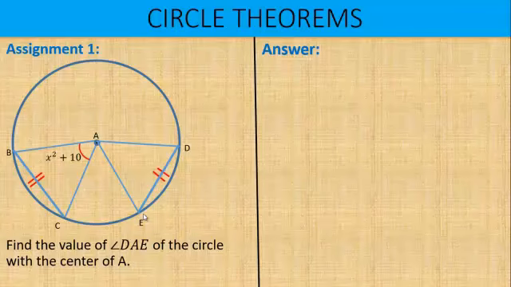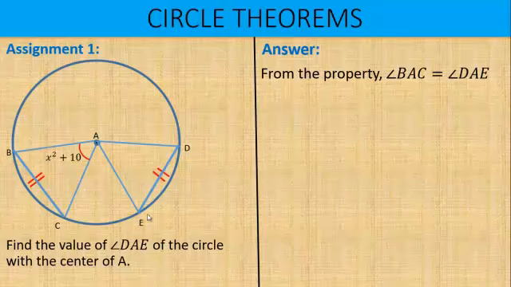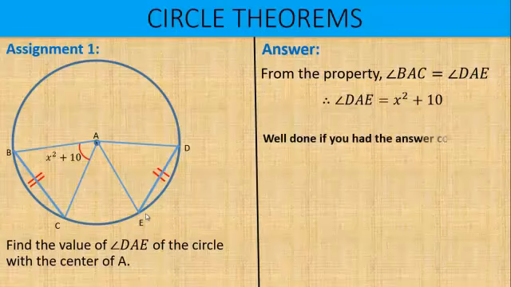Answer. From the property, we know that angle BAC is the same as DAE. So if angle BAC is x squared plus 10, then probably the other angle, which is DAE, is also x squared plus 10. Well done if you had the answer correct. Let's move on to